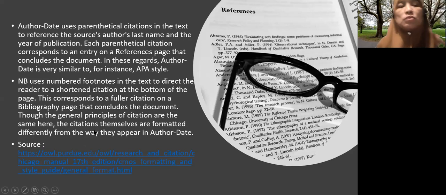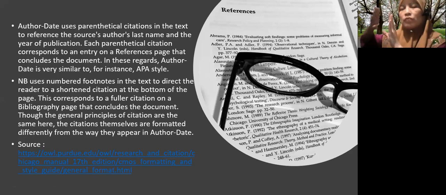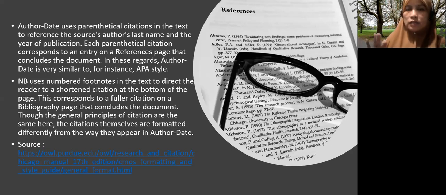I think you already know how we cite in the text. Say for example, Ibrahim said, and then you have the numbering of your footnote. Say number 1, you click footnote, then the number 1 appears, and then you put down there what you want to articulate about Ibrahim and his work, if it is important. Otherwise, if you mention the item for the first time, you bring in the footnote the details